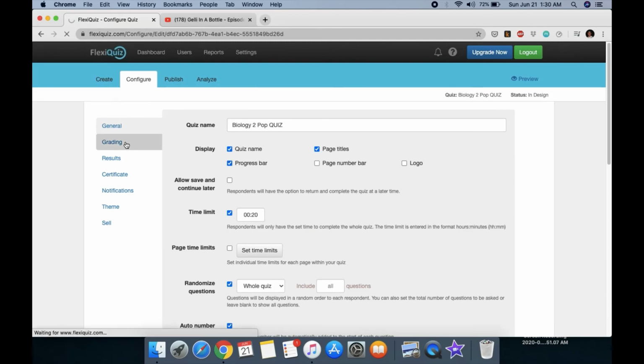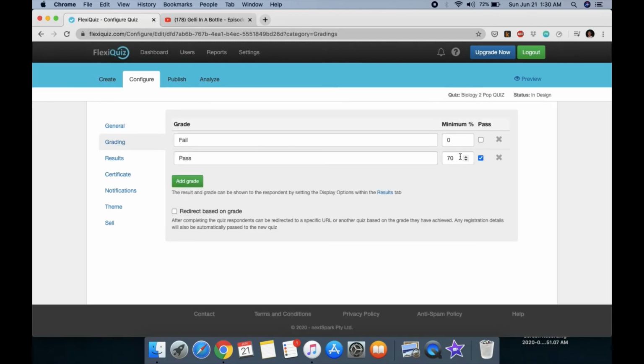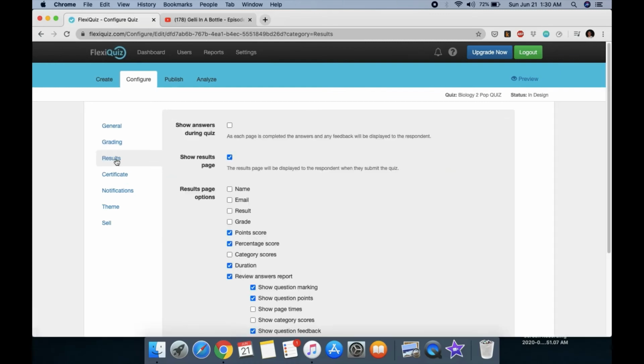Now the grading, this is very simple. We just have to, I think it's still 60%, right? The passing. I don't know if they've changed it, but apparently in other parts of the world, it's 70%. Okay, and then results. This is what the students will see when they finish the exam or the question, like this: